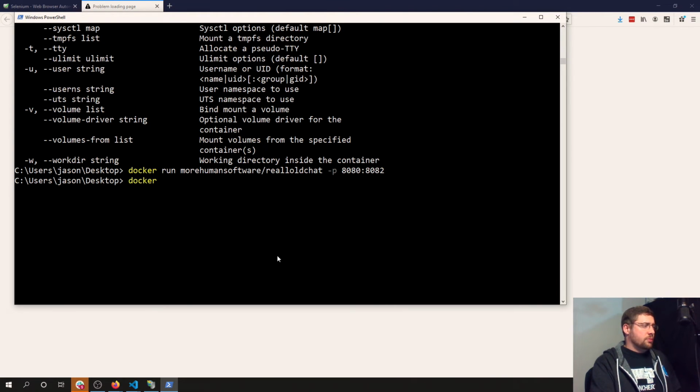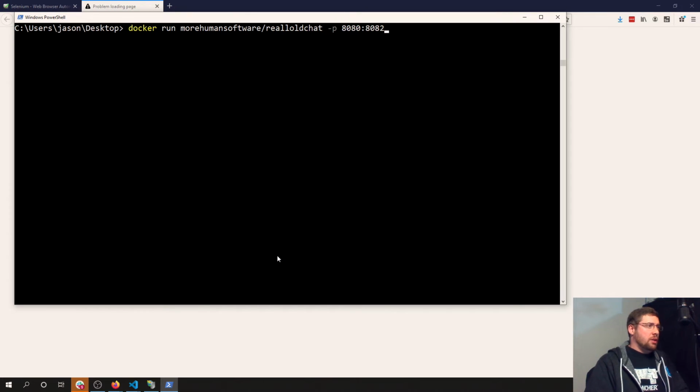Docker. Yes. Dash Q. We're just going to remove all these running things from our way. RM. And then we'll force them. So it just stops. Good. Let's go ahead and use it. I did say host to container, right? Yeah, I think I did. So container. No, the container is 8080. The host is